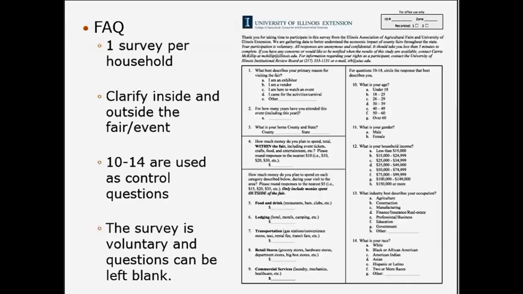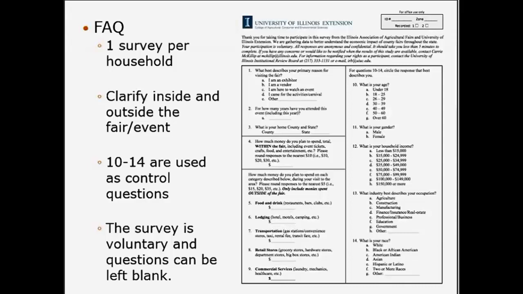And so that should kind of help you clarify and choose as you approach people to participate in the survey. We don't need 4 people from 1 family filling out the survey. And those last 4 questions, I'll cover those first because those are some of the ones that might get a little bit relevant to the IRB questions or IRB details that Zach just mentioned. These are questions, if you can't read them, it asks what your age is, what your gender, what your income, and your occupation, type of employee you are, and your race.